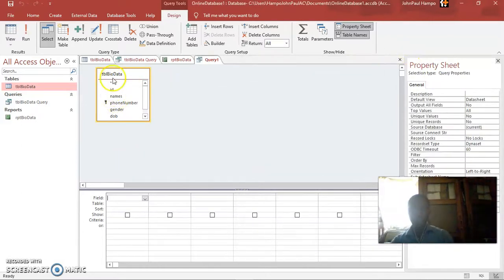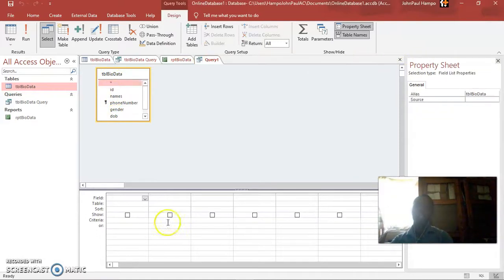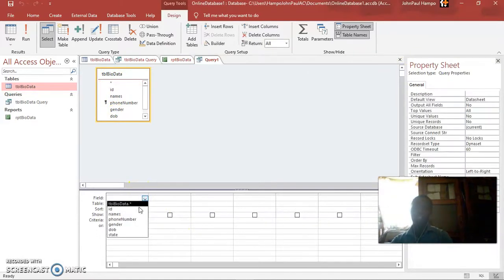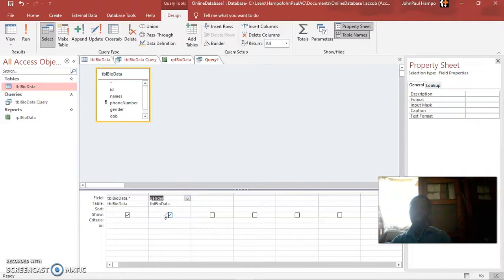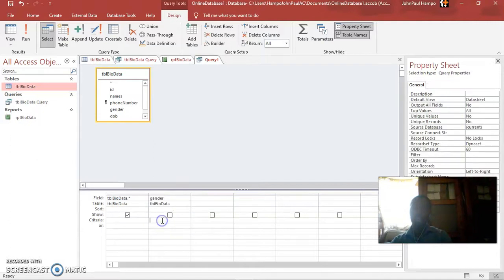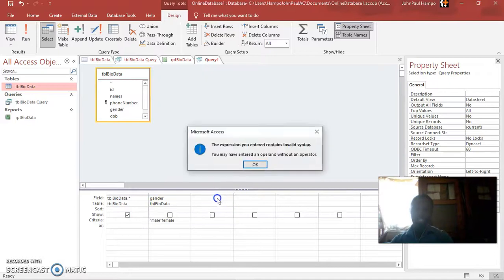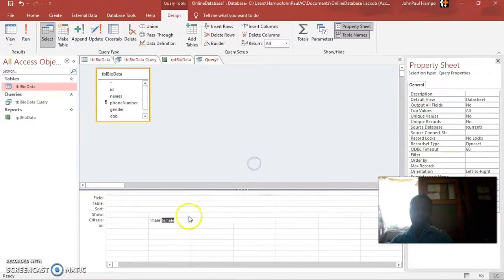What do you want from this table? I need all the fields, but also I need a criteria where it's male, or where it is female. I also need another criteria where I